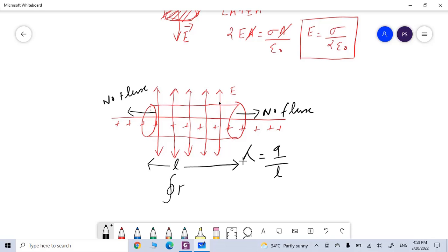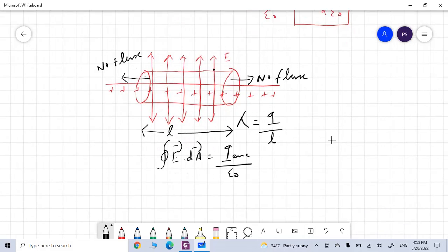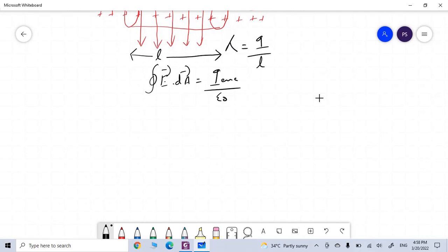So for the left hand side, once again, let us write Gauss's law for convenience. Integral E dot dA is equal to Q enclosed by epsilon 0. Now let's get started with the left hand side. E is always uniform, so we can take that out, and this is going to be dA, and this dA is nothing but the circumference multiplied by the length. So you can simply write this as 2 pi RL. Suppose you spread out this Gaussian surface, it's going to be a rectangle, and this is what you're going to get,